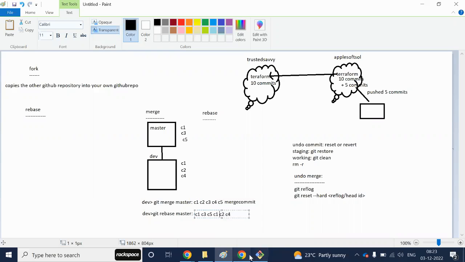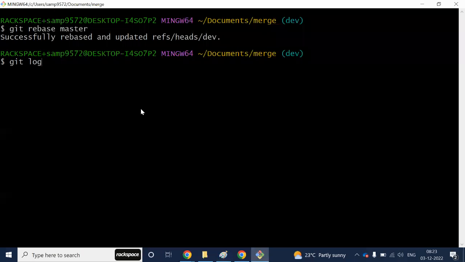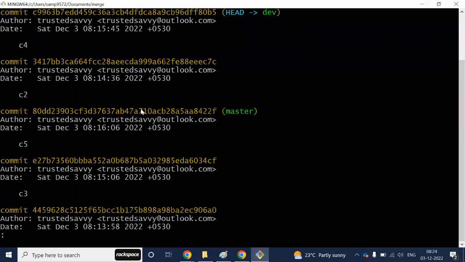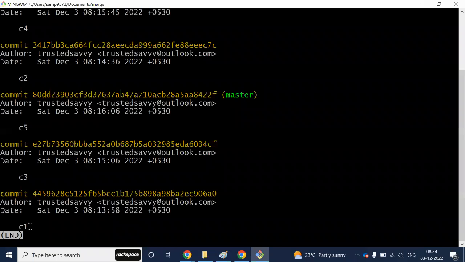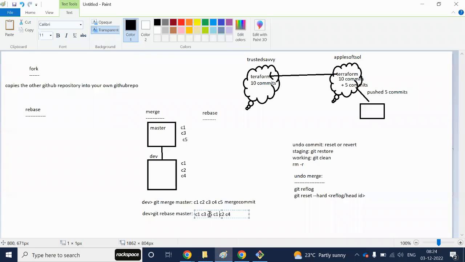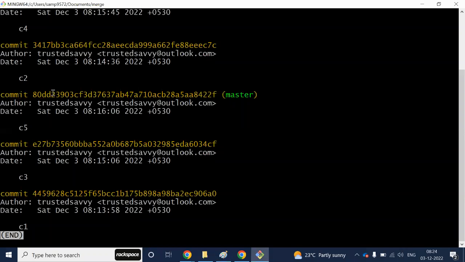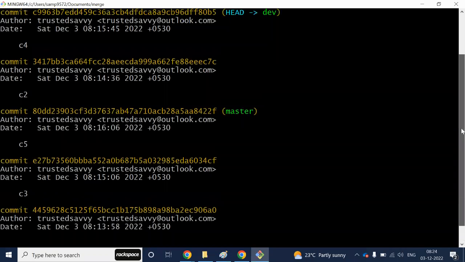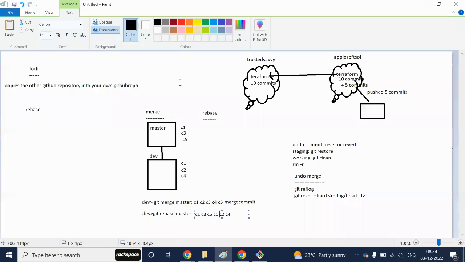Okay, so let's see. C1, C3, C5, as someone said. And then it is not giving again C1, C2, C4. So C2, C4, there is no C1. So what it is doing is,